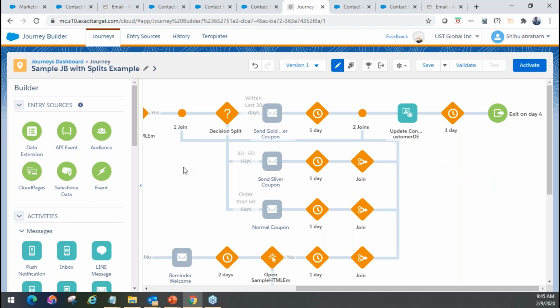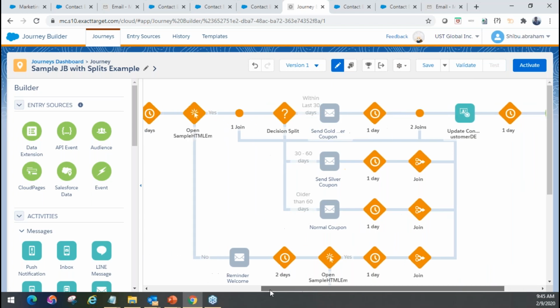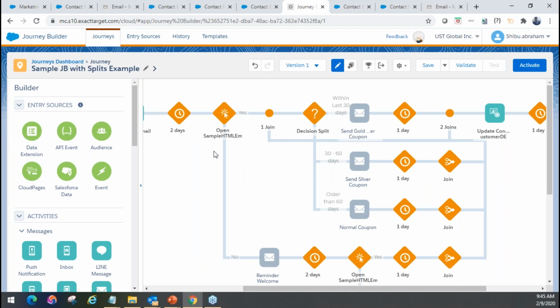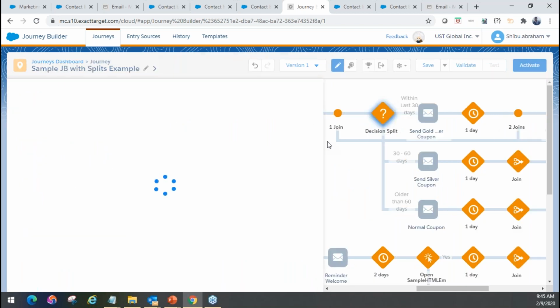Okay. So in this particular case, I have a journey here, and there is something called a decision split. Decision split is an activity in a journey where I have to make a decision based on some attribute, and then based on how that attribute evaluates,